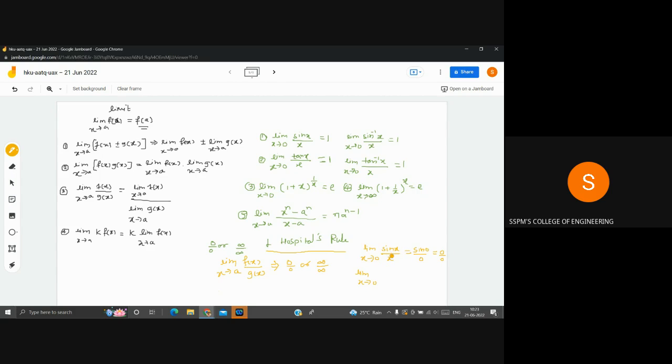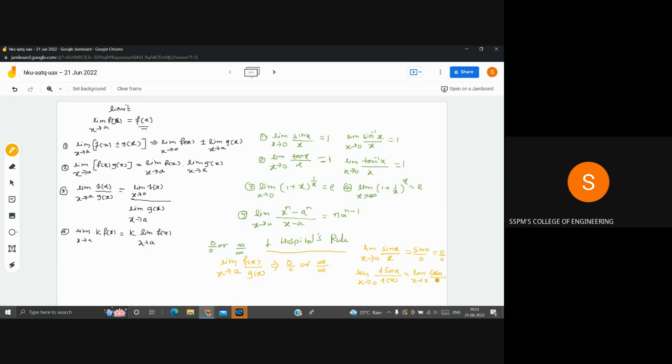So how to apply L'Hospital rule on this function when the limit is in the form 0 by 0? अगर limit इसी form में मिल रहा है, that is in the form of 0 by 0, taking the derivative of numerator as well as denominator separately. मतलब ये आप कैसे लिखना? Derivative of sin x upon derivative of x with respect to x. Okay, so that is limit as x tends to 0 of derivative of sin, it is cos x, and then